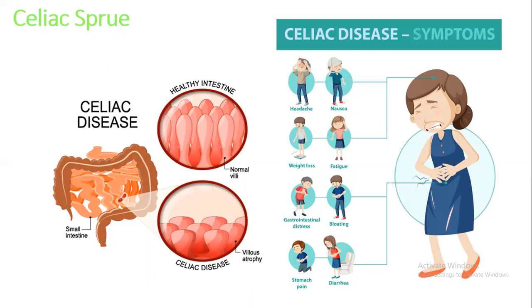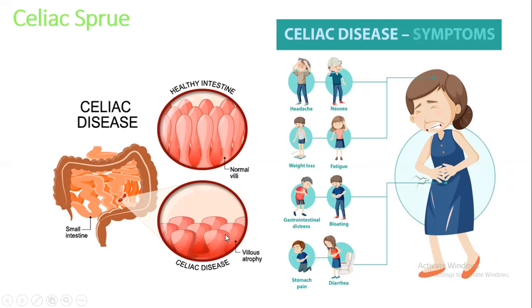So whenever the person eats wheat, chapati or roti or bread, he has severe pain, nausea, headache. What happens is that an immune reaction occurs against the gluten protein, and when this immune reaction is taking place, the immune reaction also destroys the intestinal villi. See, these are the normal healthy villi, long, but they are destroyed and they cause villous atrophy, a decrease in height, and they are all then destroyed.